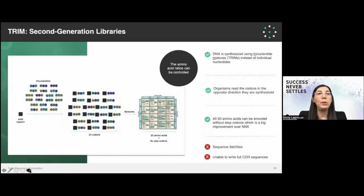So a slight improvement is a trim synthesis. So in trim, you synthesize all 3 bases at the same time. And so that is a little bit better. And now with just 20 codons, you're able to synthesize any amino acid. However, you can't choose your codon, so that's a limitation. And you still have stop. You can eliminate stop codons, so that's good, but you still have sequence liability. And then what's quite an issue, you cannot write full CDR sequence. So what that means is you cannot make mutants that follow the rules of the human repertoire,